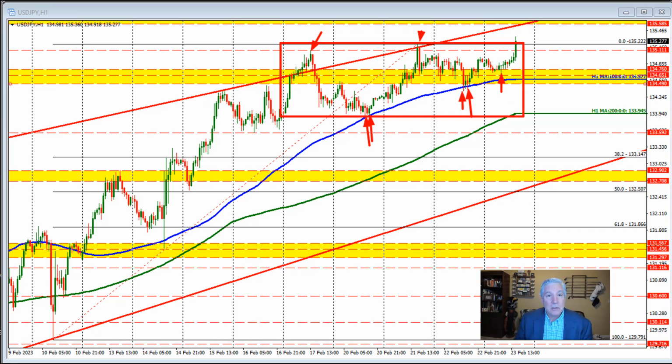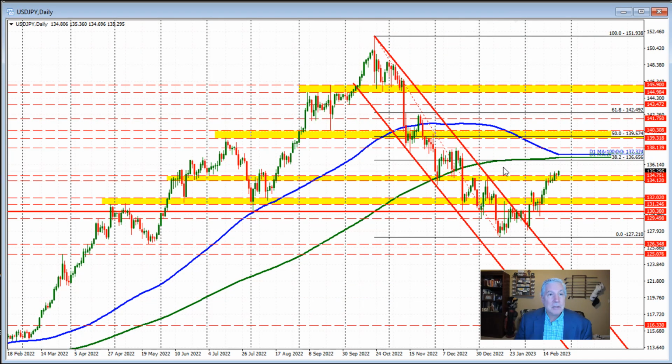So things are looking good still for the dollar versus yen as the dollar moves higher, and expectations of stronger Fed policy. Taking a look at the daily chart, you can see the rotation to the upside here after bottoming in December. We see moving above this swing area here, where in most recent time we found some support buyers here and here and here, and resistance sellers here and here and here and here. And we tried to stay below it here in the last four or five trading days. The market's been trading a little bit above it, a little bit below it.